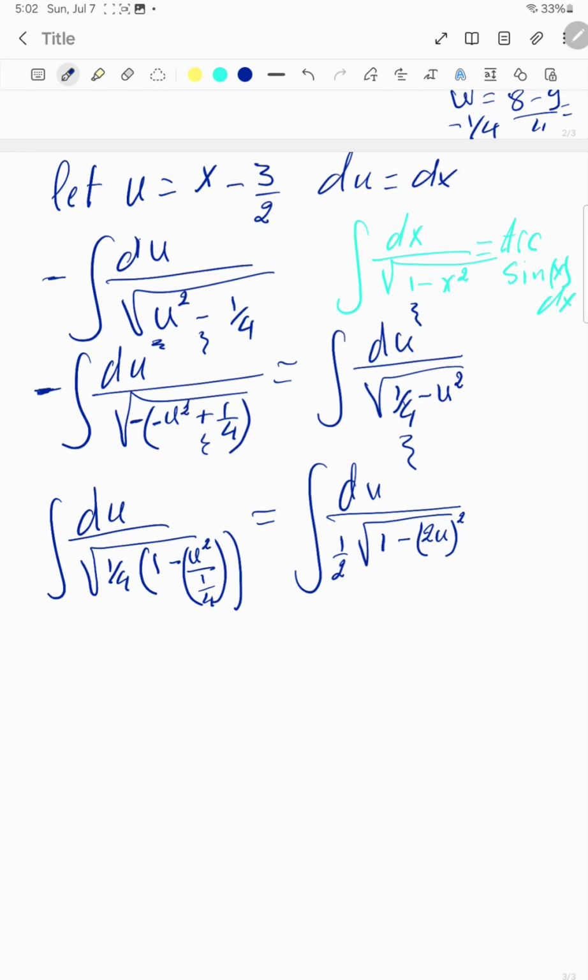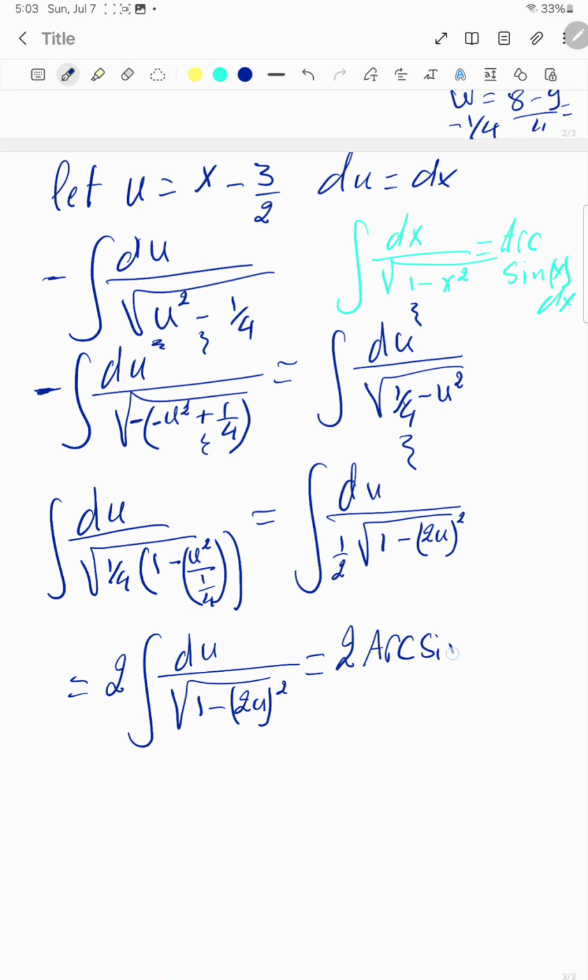Now it resembles my formula, 1 minus x squared. So the 1 over 2, I can take it outside the integral, which becomes 1 divided by 1 over 2. It's equal to 2. So this is equal to 2 times the integral of du over the square root of 1 minus (2u) squared. I can say w equals 2u, dw equals 2 du, and then I will have 1 minus w squared. But it's obvious now, I don't want to go that way. So this is equal to arcsin of